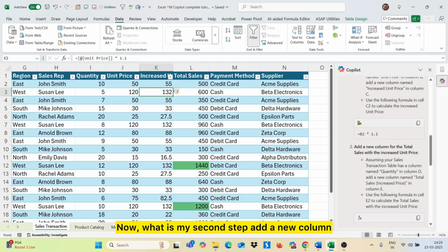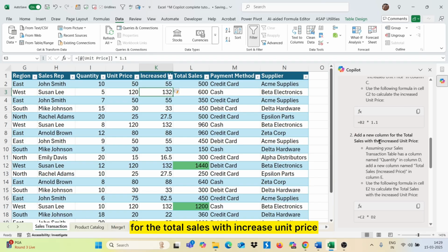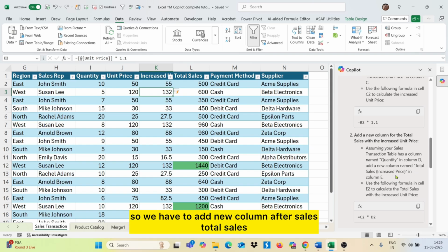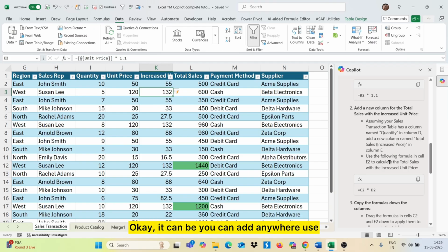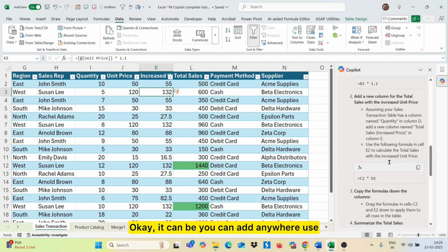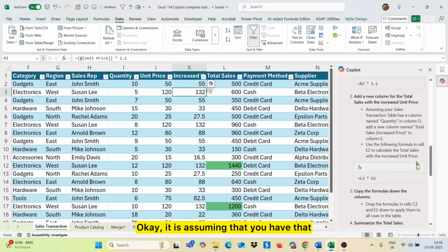Now, what is my second step? Add a new column for the total sales with increased unit price. So we have to add a new column after total sales. Add a new column named total sales increased price in column E. You can add it anywhere. Use the following formula in cell E2. Now it is giving me C2 multiply D2. Okay, C2 multiply D2 means what? It is assuming that